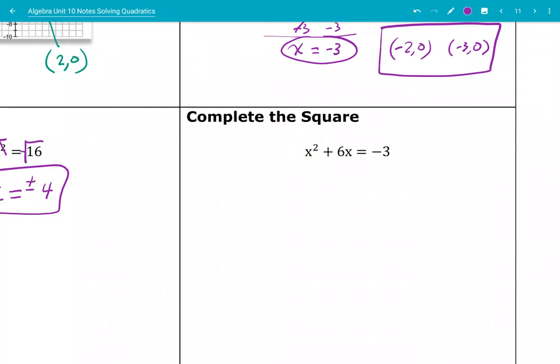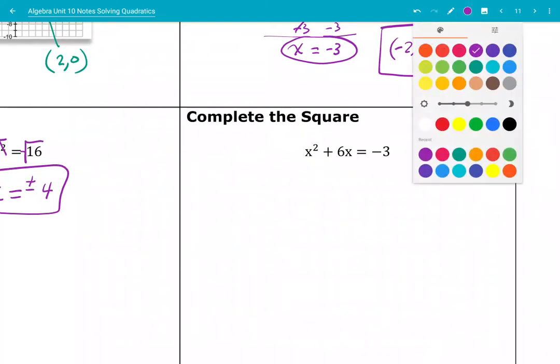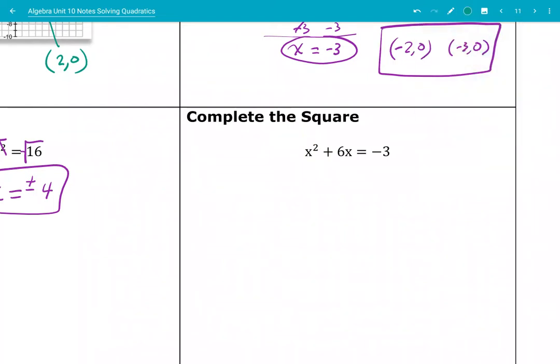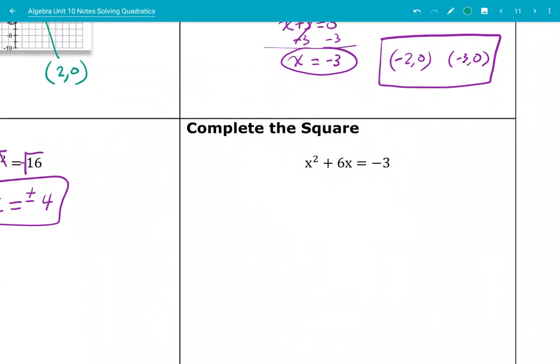Okay, completing the square. Well, this is not so bad. Oh, look, it's already set up for us. If this was back over there with a plus 3 on that side equals 0, then that wouldn't be factorable. So we've moved the c value over here, and now we're going to get ourselves a new c value by taking